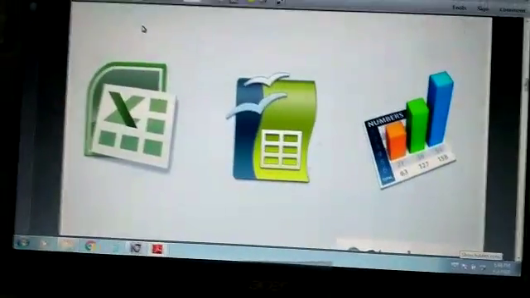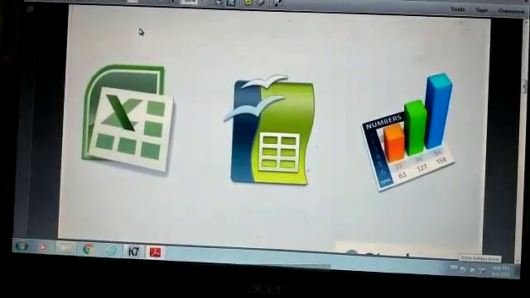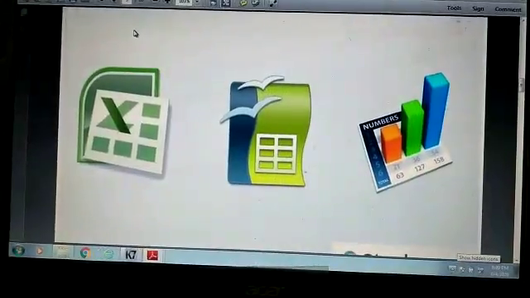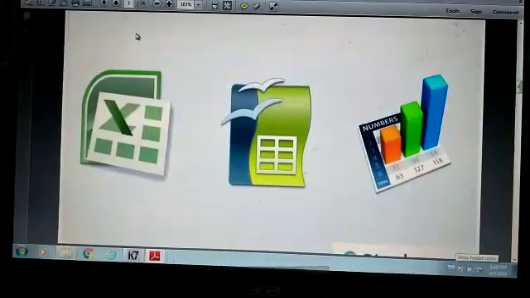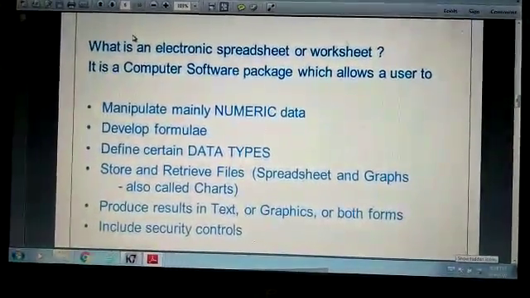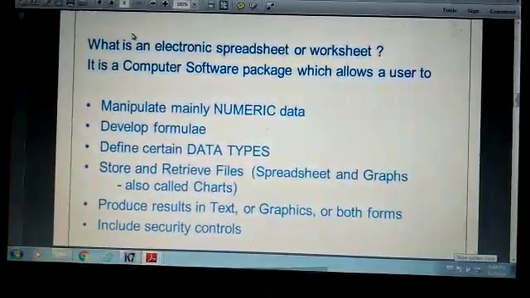Number two is electronic spreadsheet. For example, we know MS Excel, Microsoft Excel. And see here a few more pieces of information about the electronic spreadsheet or worksheet.